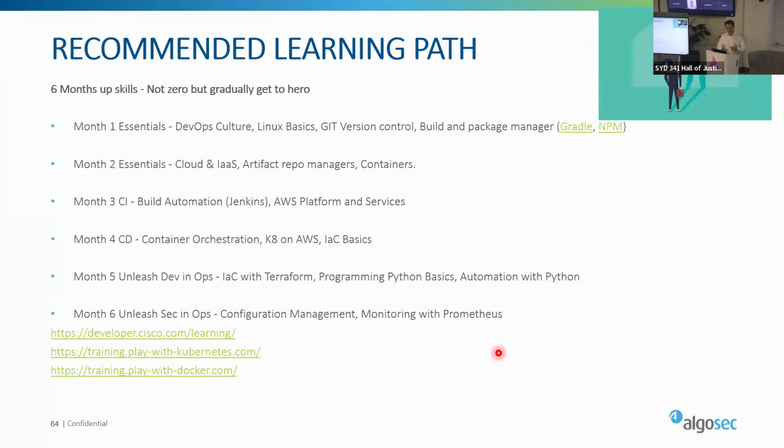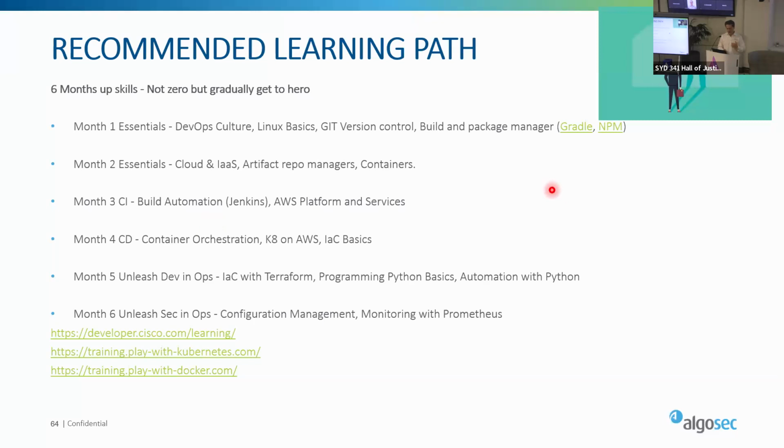I provide a basic learning path, what you should do in month one. If you're coming with basic skills, not zero, you can have a gradual path to be a hero. So start with the basics of DevOps culture, Linux, Git, package managers, then go to cloud and infrastructure as a service, artifact repo managers, and so forth.